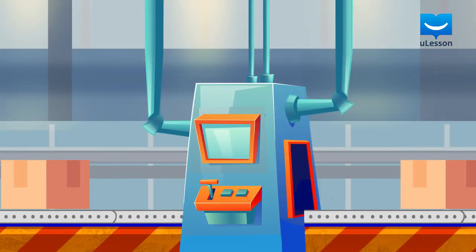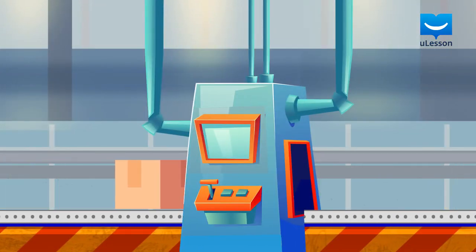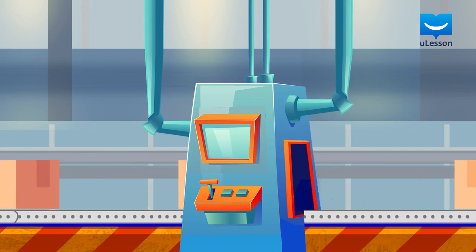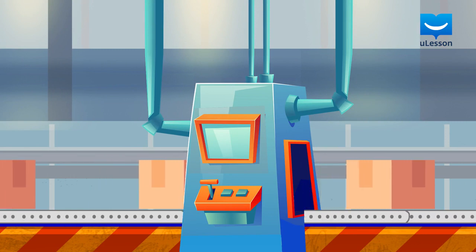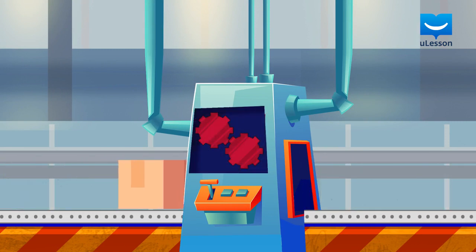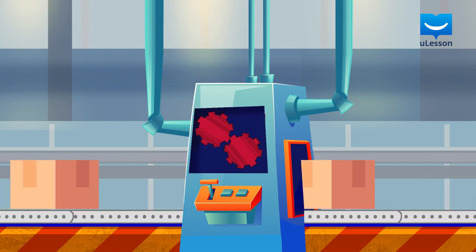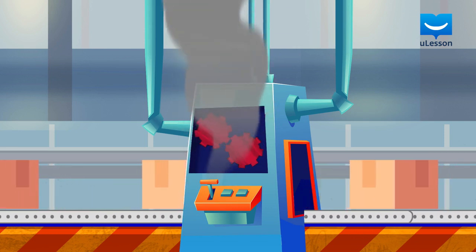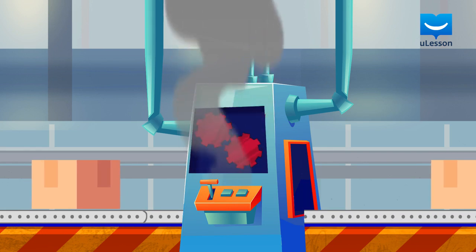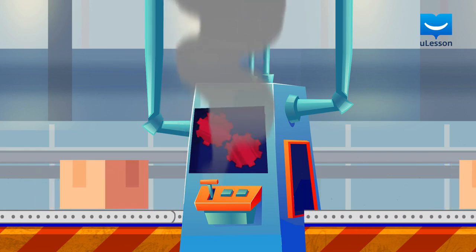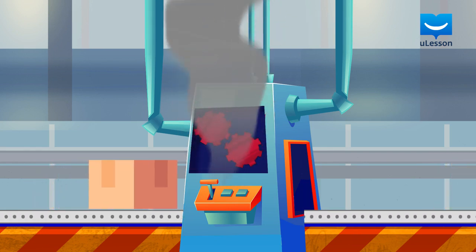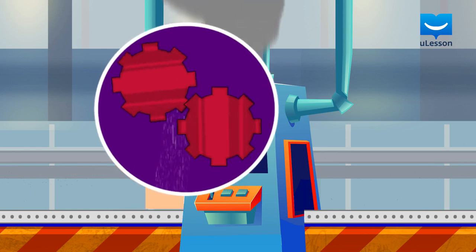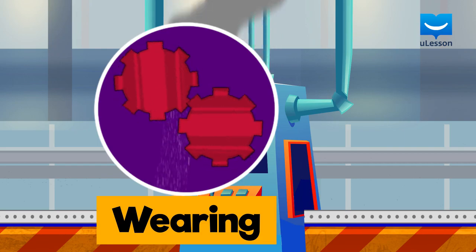As we have seen, friction has both advantages and disadvantages. For humans, rubbing our hands together keeps us warm. But for machines that have solid parts rubbing against each other, it could sometimes lead to problems. Friction causes heat in machines, and when this happens, the machine does not work as well as it should. In the process also, parts of the machine start to chip away. This is known as wearing.